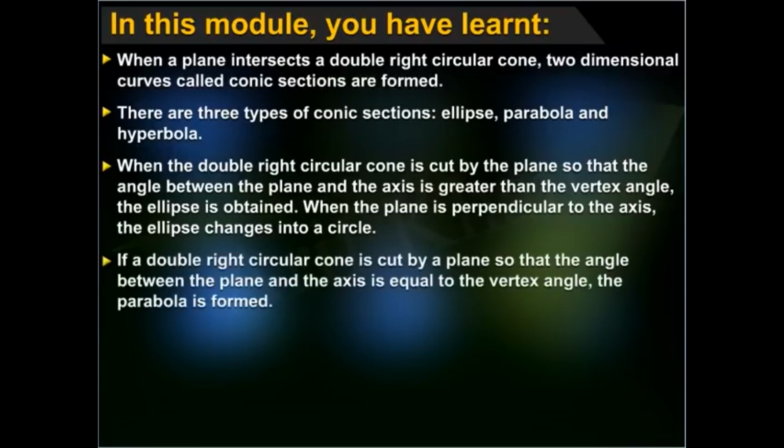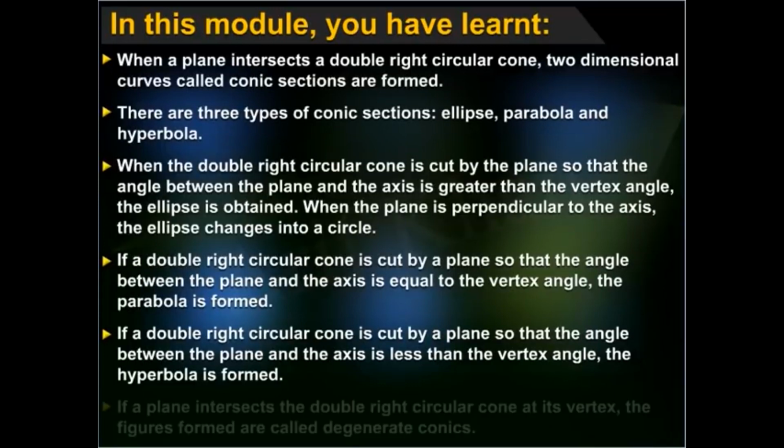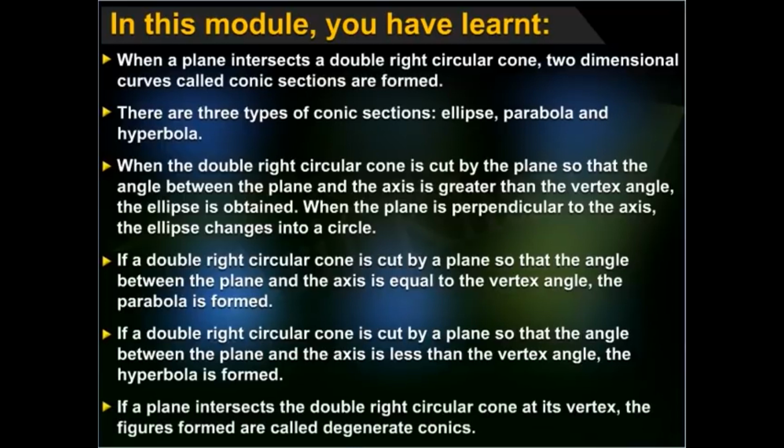If a double right circular cone is cut by a plane so that the angle between the plane and the axis is equal to the vertex angle, the parabola is formed. If the angle between the plane and the axis is less than the vertex angle, the hyperbola is formed. If a plane intersects the double right circular cone at its vertex, the figures formed are called